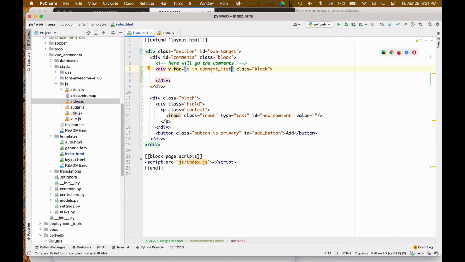Okay, so we'll have a list of comments in Vue that will drive the presentation of the comments here. For each of these comments in the list, I'm going to have one of these divs, and the content of this div is just going to be c itself. So I write c in these braces, which will mean essentially to Vue, fill here the content of c. Okay, so this will generate the comments. And to do this, I go to Vue.